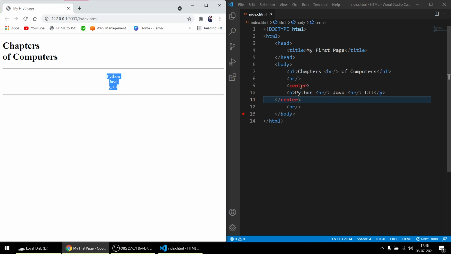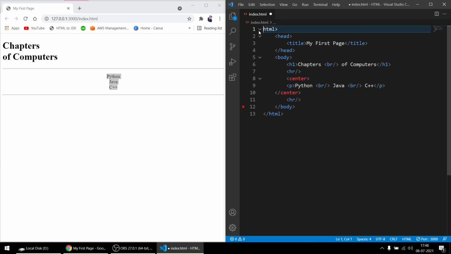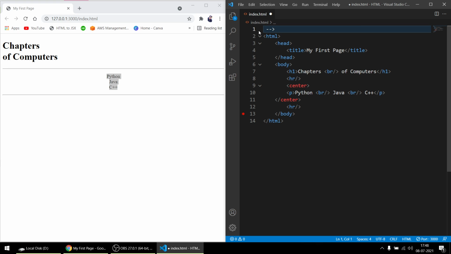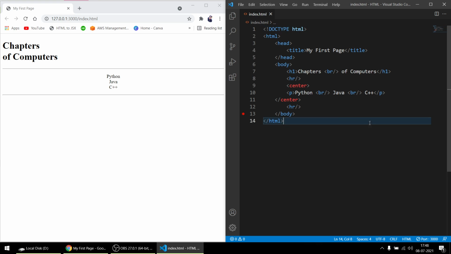But it's showing in red because, like I have read, HTML5 doesn't allow you to use the center tag because it is deprecated, meaning it's no longer supported very well. So you shouldn't use the center tag, because these things should be done by CSS, as I have told you, styling and everything should be done by CSS. If I just remove this tag, like doctype HTML, and save it. Okay, see, now it looks like this. If I just remove it back, a little bit of space is there.